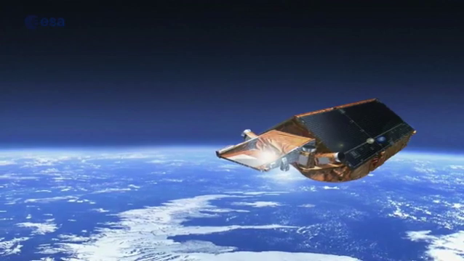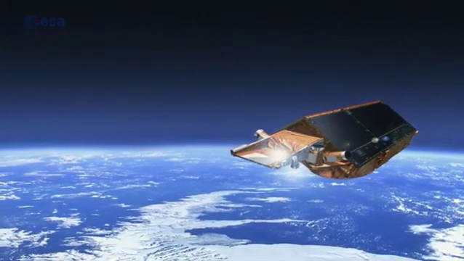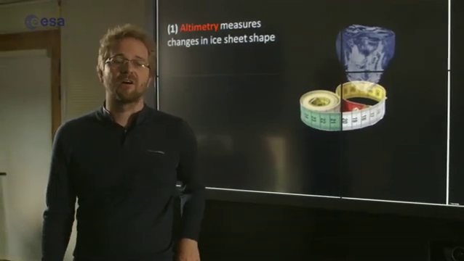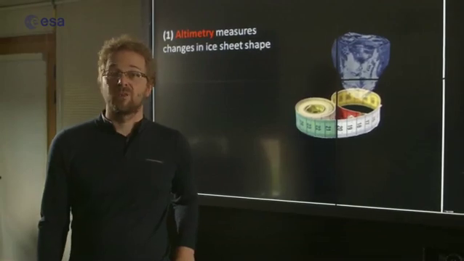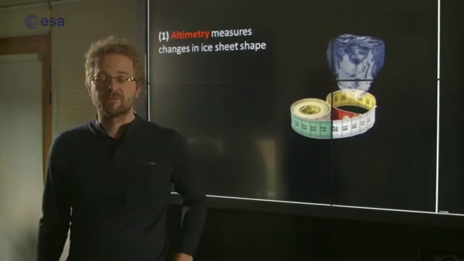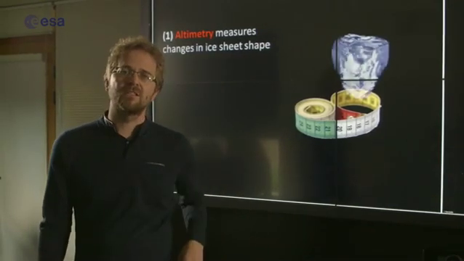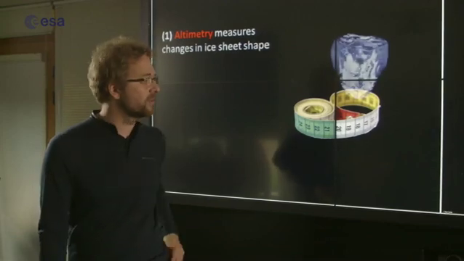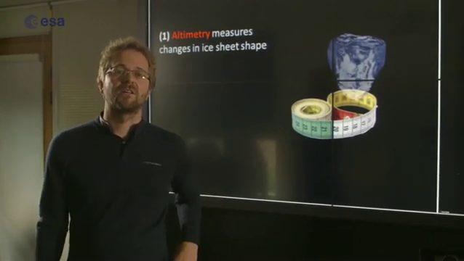An altimeter was first designed to look at the global oceans and how they're changing over time. It tells us things like the rate of sea level rise, or more importantly for operational purposes, how big the waves are in the oceans, and that's really important for people who sail ships around the planet. But we've managed to use the sensors that have been around since the late 1970s to look at the polar ice sheets. So we have a really long record now of how parts of Antarctica and Greenland are